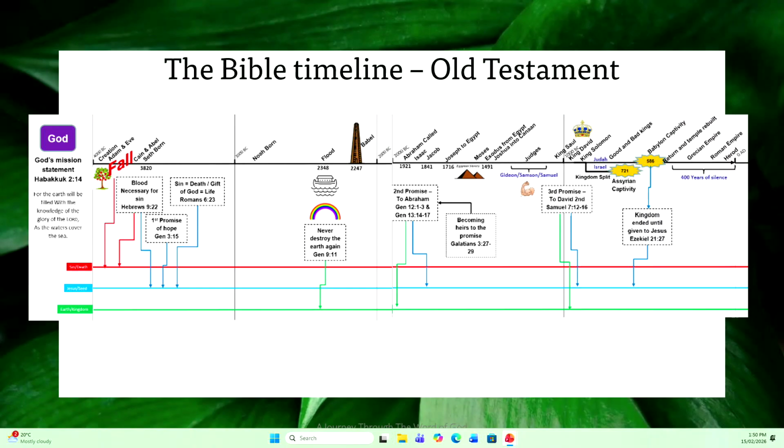He also made a promise to Abraham that he was going to have a lot of seed, a lot of descendants, and we know that from the children of Israel, and we're going to unpack that over the next couple of weeks. But then we also get a promise that Abraham and his seed were going to inherit this green line forever. Not just for 100 years or 1,000 years, it was going to be forever.